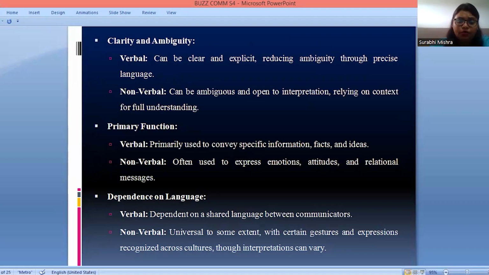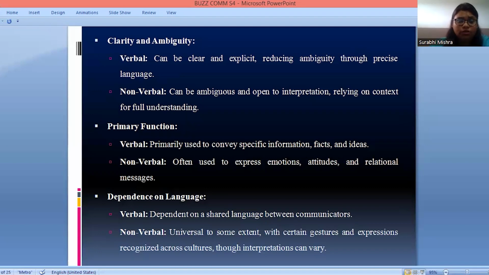So verbal communication can be clear and explicit, reducing ambiguity, as everything is very much precise. And non-verbal can be ambiguous and open to interpretation, relying on context for full understanding, right? So there might be a problem of clarity and ambiguity in